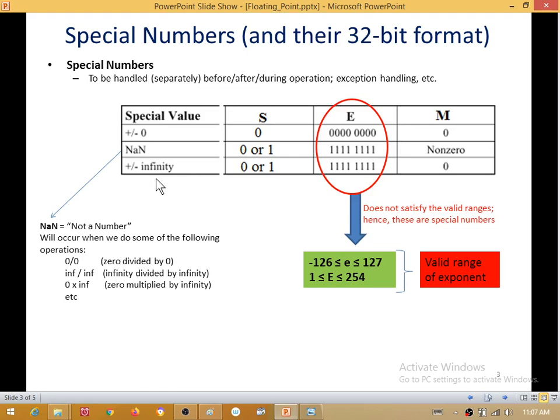So these numbers have to be treated separately, or any given time if your number is overflowing, then you will have to represent it using infinity or 0 or NaN and so on. So we will not worry about such numbers for our course, but this is just for your information that there has to be a separate set of designated bits or special set of bits for your E and M, which tell you if your number is NaN or infinity.